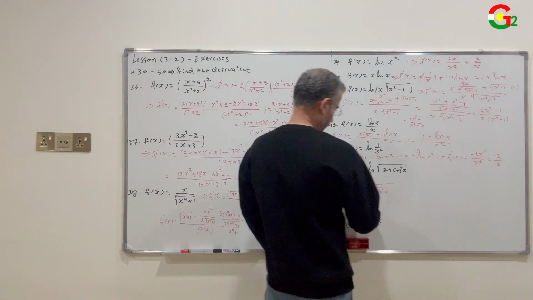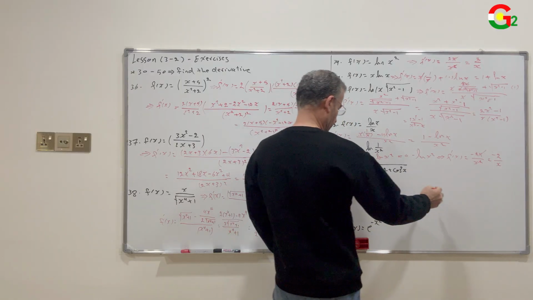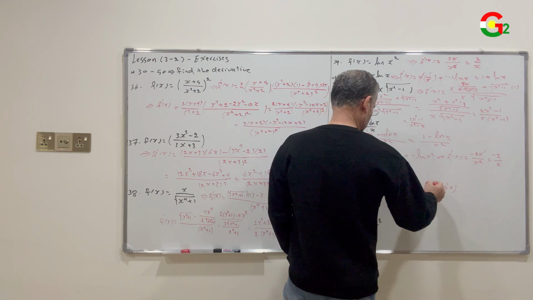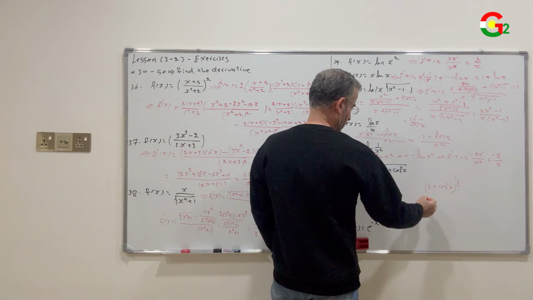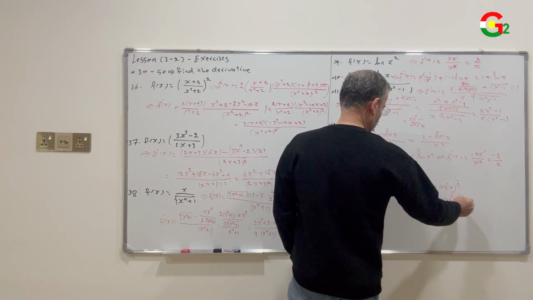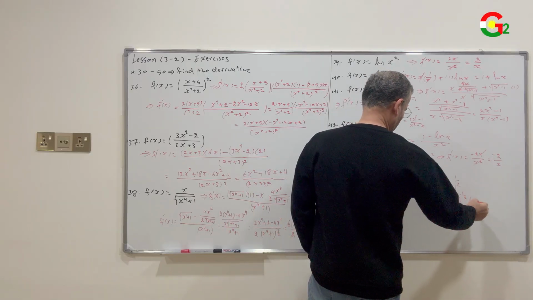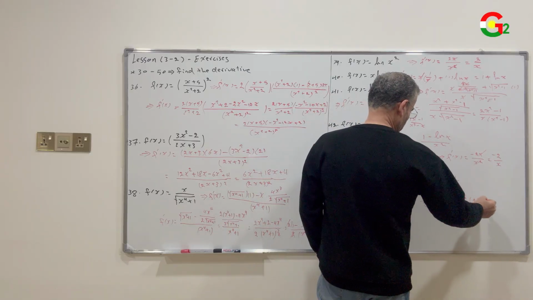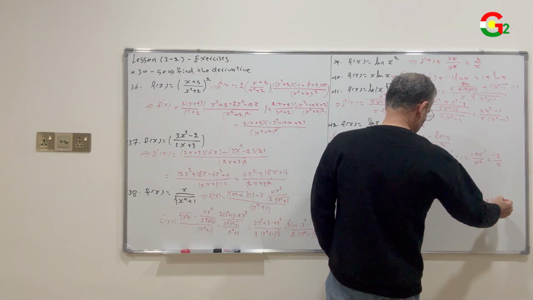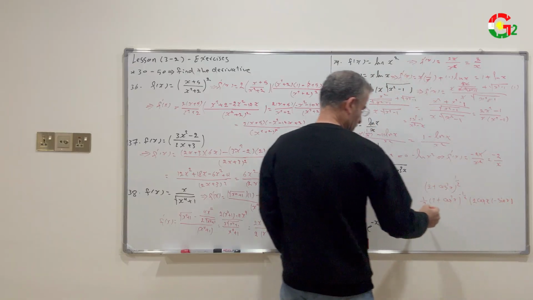Find the derivative of the denominator here, then we rewrite it in the numerator. 2 plus cosine squared x to the 1/2. Its derivative is 1/2 times 2 plus cosine squared x to the negative 1/2 times 2 cosine x times negative sine x. Simplify this